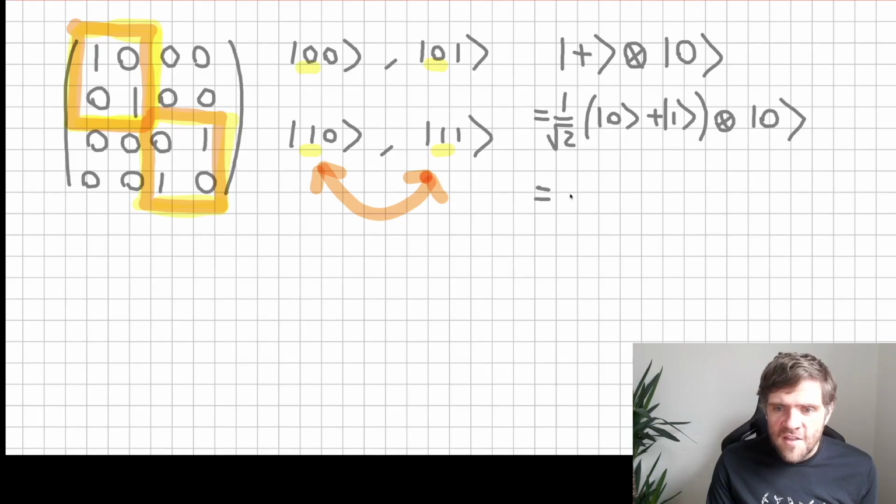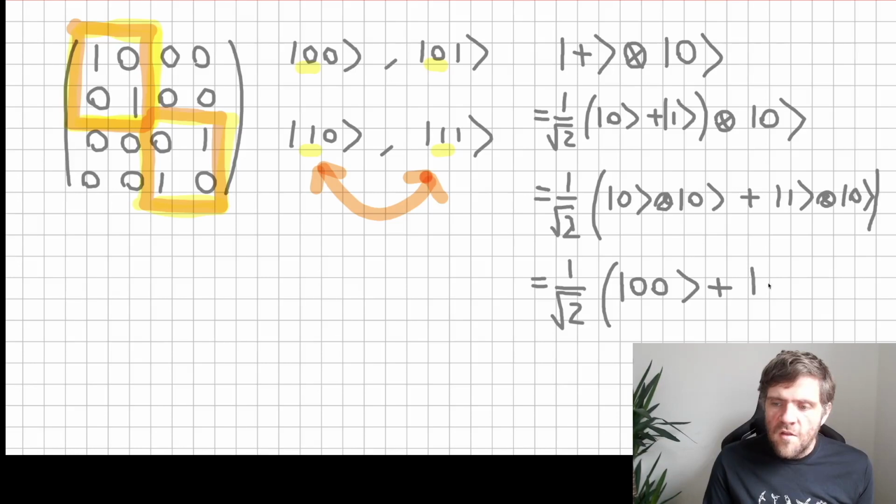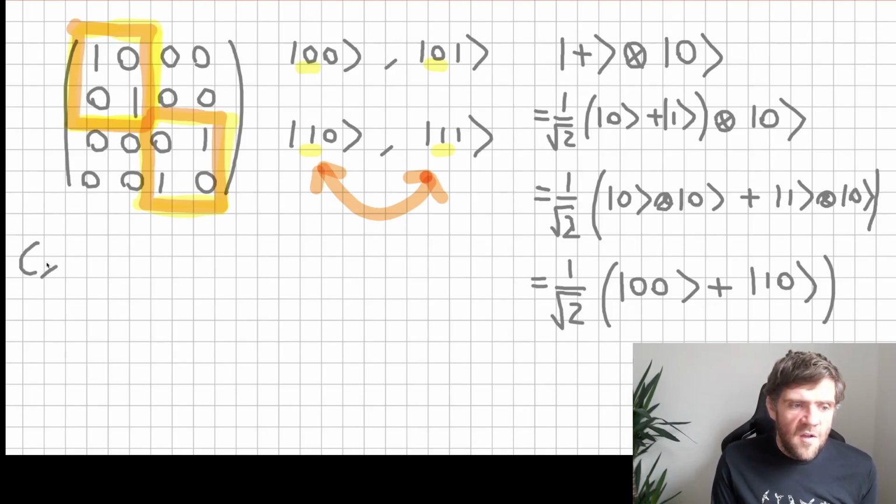So we can just write this as 1 over the square root of 2 multiplied by 0 tensor 0 plus 1 tensor 0, which is more conveniently written as 1 over the square root of 2 times 0, 0 plus 1, 0. When we apply the controlled knot to that particular state, what we are going to find